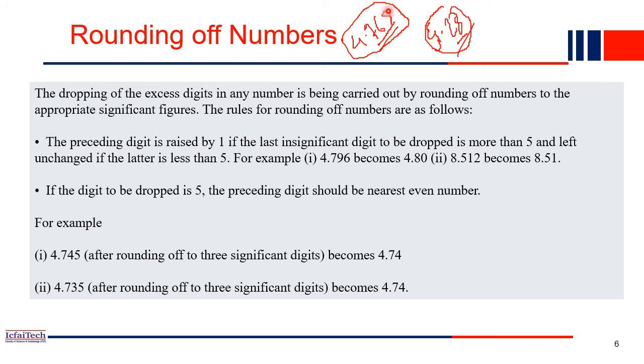Okay, now the next question is, if this number is 5, then what will you do? Now we understand 2 cases clearly. If this last digit is more than 5, then we can increase this value and make it round off. But if this is less than 5, then we can keep it as it is, like 6 means 6, 7 means 7, whatever the number is, it is unchanged if this number is less than 5. But if this number is 5, then what do we have to do? Then basically we have to make this number an even number. So for example, if the last digit is 5, then we'll keep it 6, because 6 is an even number. But if we have another number